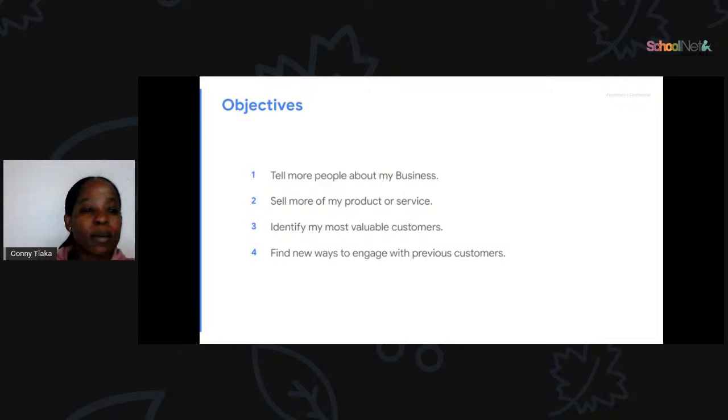You need to sell more of your product and or services. You need to give your customer good services, and you also need to identify most valuable customers. And the last one, you need to find new ways to engage with previous customers.